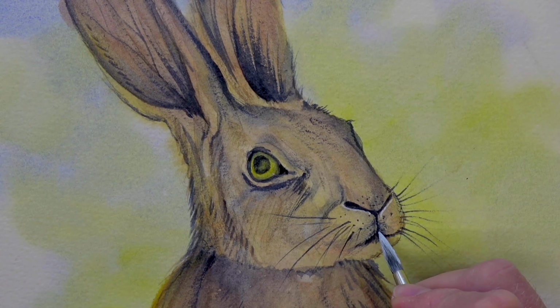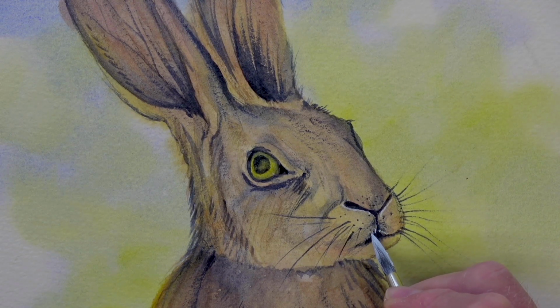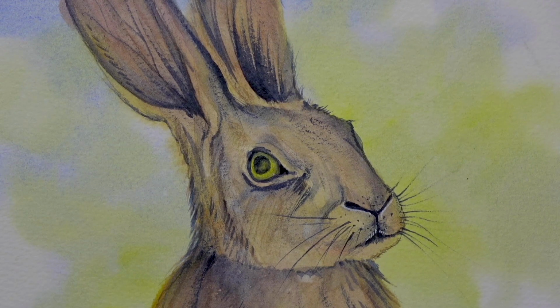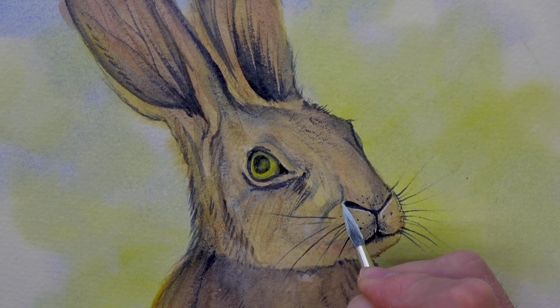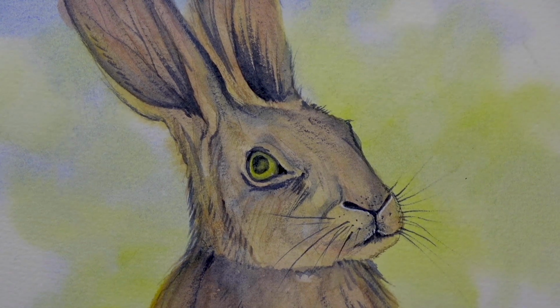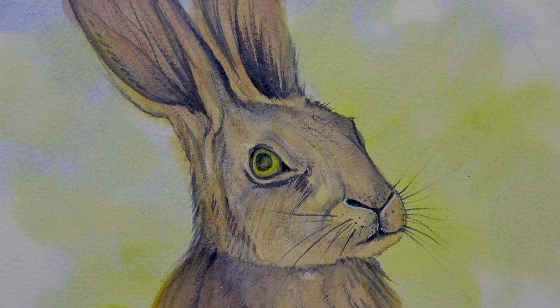Very, very fine little bit of white, just little white flicks on the edge of the mouth there. Can you see, it's giving it that little bit of spit and polish. I always think a bit of white. I shall be softening this white in a second if I need to. It really depends on you, and quite often a couple of coats of white paint